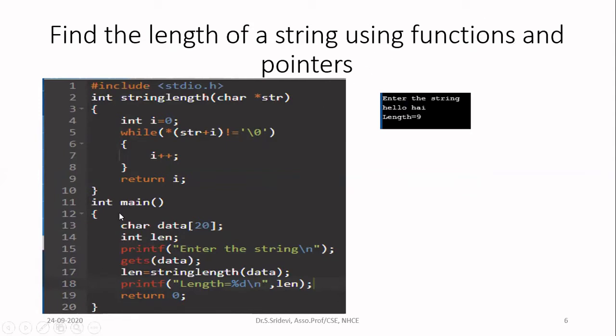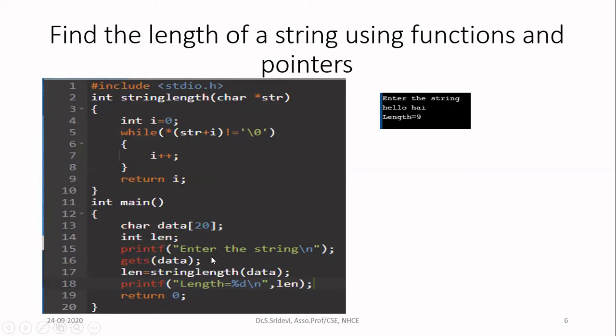Now let us see the main function, then we will go to the user-defined function. First, I am going to write the main function. The aim of this program is to find the length of a string. So for that, you first declare one string variable. I am declaring a string variable, character data of 20. Then, to store the length, I am declaring one integer variable, int length.